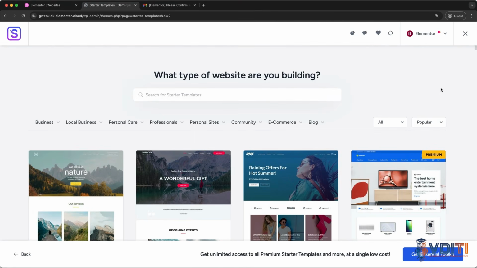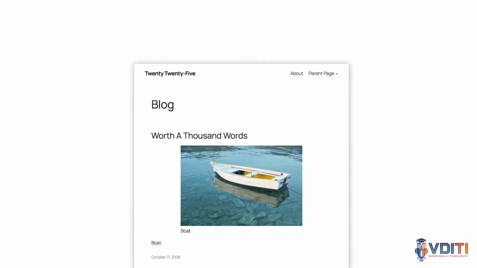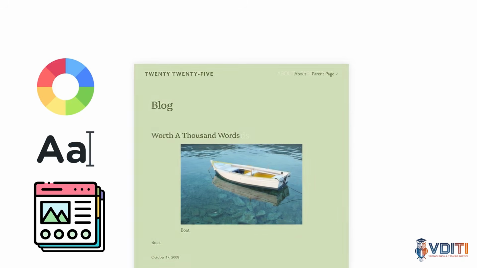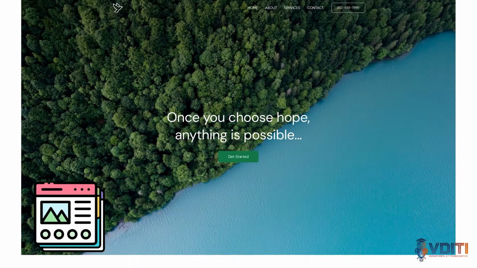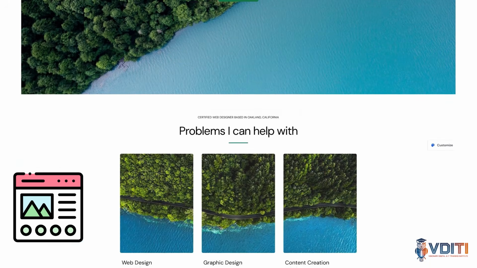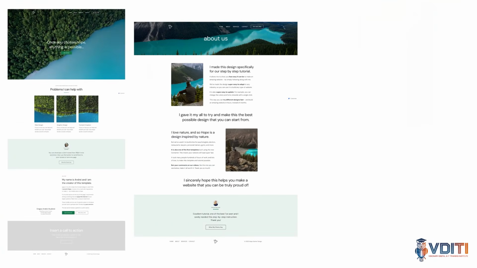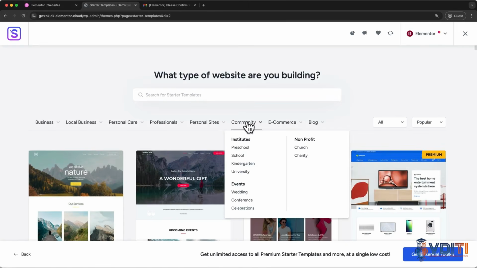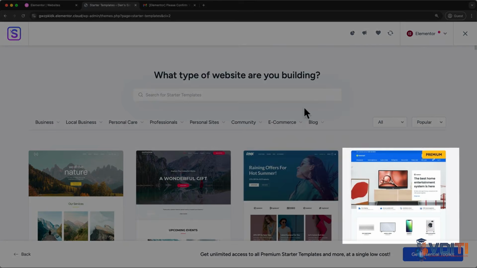Templates are different from themes, which we already chose earlier when we installed Astra. That theme controls the overall look of the entire website, including colors, fonts, and the layout for all pages. A template, however, only controls the layout of one specific page, such as a home page, about page, or a contact page. You can browse the templates by category here, and you'll see that the templates that are paid are